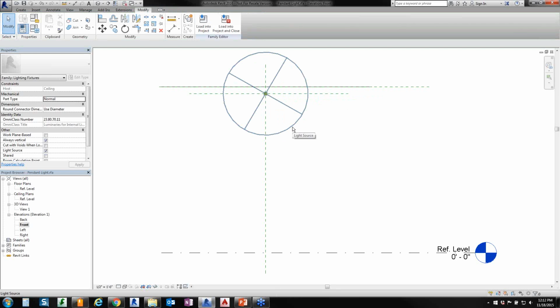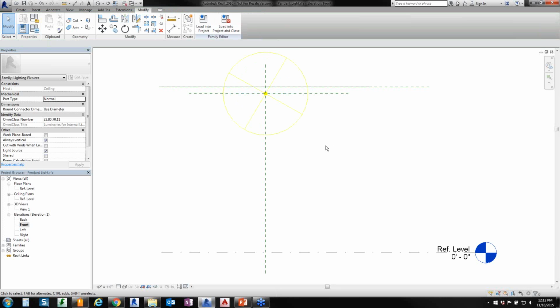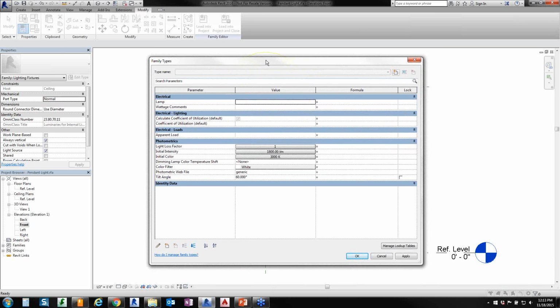So now you notice my light source changed in shape. All right, so what I want to do now is, in my light source definition dialog box, go up to the top and select my family types. What I'm going to do now is change some values for my family. I'm going to browse down to my lamp right here, and change my lamp. I'm going to give it a name of CF, which means compact fluorescent. I'm going to give it a wattage of 42, and I'm going to add TRT, which is a triple tube